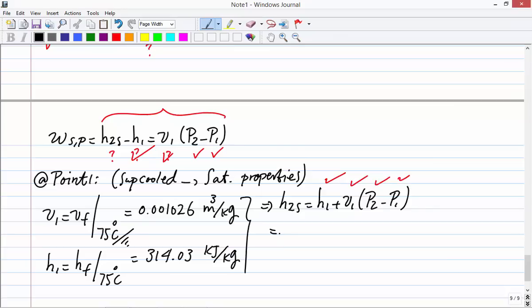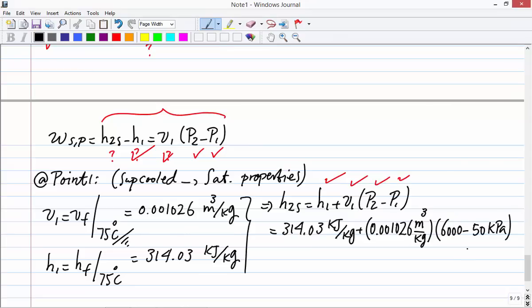And these are 6,000 minus 50 kPa. And we have energy, but here we do not have,